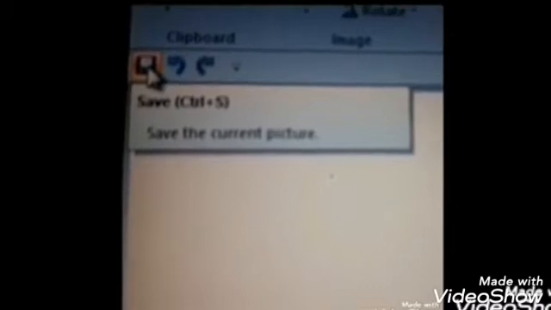Here 3 buttons are there. I will show you the names of the buttons and their functions. If you keep your cursor, you can see the name of that button. This is the save button which we use to save our file. And this is the undo button and this is the redo button. All these 3 I will explain later when I show you the drawing part.